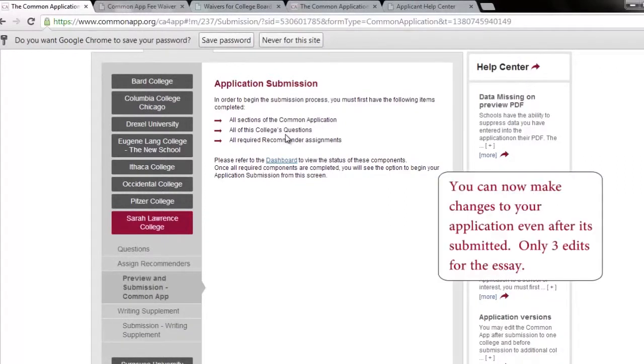Now with the new Common App, you can access submitted applications and make changes to it, which is great, but you only have up to 3 edits for the personal statements. You want to make sure that you provide accurate information, especially when it comes to the writing portion of the